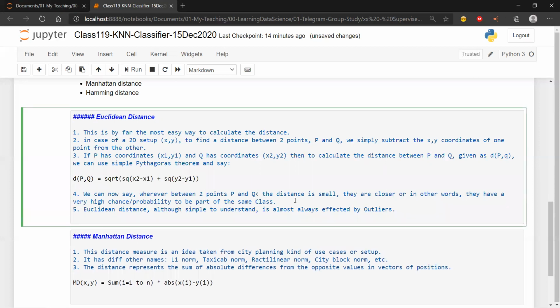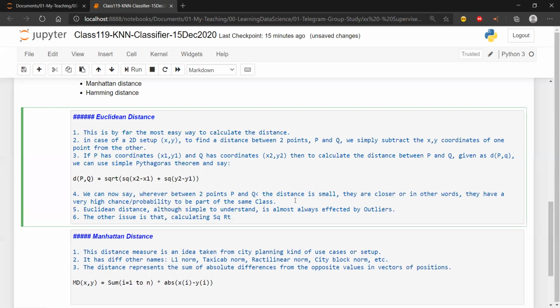If your data doesn't have outliers, that's great. If you have figured out ways to make sure your data doesn't have outliers, or you can get rid of those outlier points, then Euclidean distance will work fine. Then there is another issue: calculating the square root.